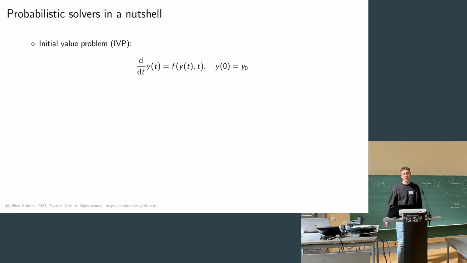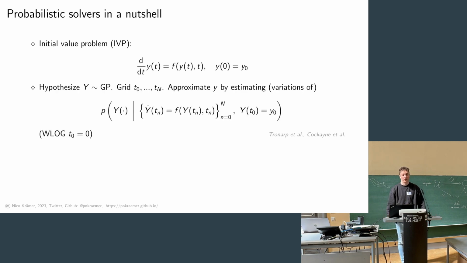All right, to recap the setup for a probabilistic solver in the state space model and Gaussian process regression framework. We have some initial value problem. I usually use the letter y. So the time derivative of y is equal to f of y, plus some constraint by the initial value. And the way we go about solving these problems is we hypothesize that our solution is some sort of Gaussian process. We introduce a grid, and then we would like to compute the posterior distribution of y